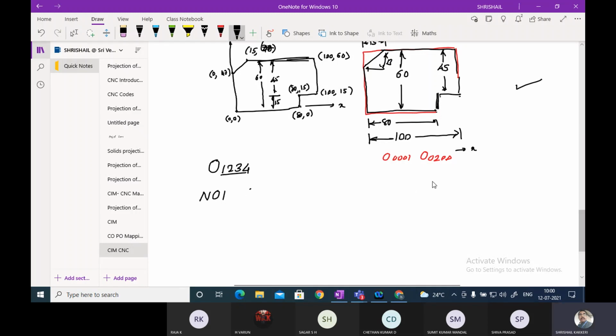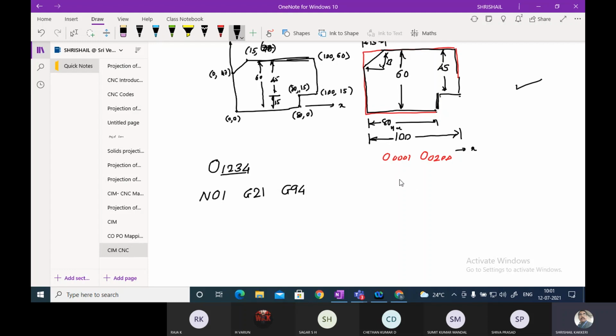See the dimensions, how we are going to give. Sir, it is dimensions in mm, all G21. These are mm, correct? So dimensions are in mm, so G21. And then what kind of feed rate do you want to give? Whether you want to give the feed rate per minute or feed per revolution. So I want to give G94, that is feed per minute.